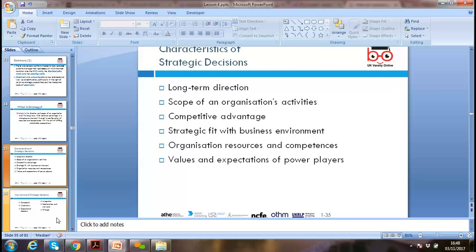No? Okay, let's move on to long-term direction. So strategic direction, scope of the organization's activities, competitive advantage. We are focused on competitive advantage: how we could perform better than our competitors. It could be cost, innovation, location, or anything. Every organization and every country has a different competitive advantage. How we could get it, implement it and achieve it really matters. So strategic fit with the business environment. We need to look at the strategic direction which the organization like